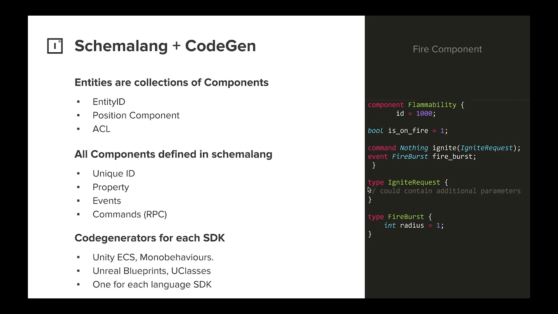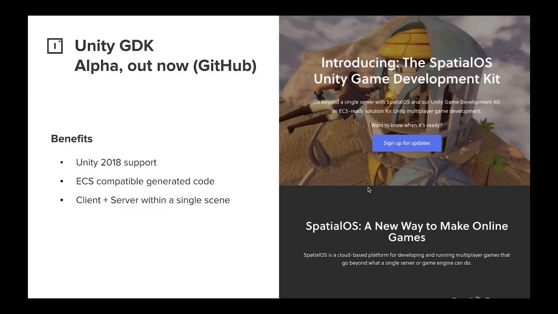So SpatialOS comes with UDP transport protocol. We also support TCP and KCP. So you don't need to write a network protocol, but what you have to do is configure your in-RAM database in schema lang. So obviously we have a Unity GDK, which is relatively new. It's still in alpha, but it's gaining traction. We've got some really cool features coming out. We already have the ability to run both a client and a server in the editor at the same time, which is becoming really useful for fast iteration. And there's a 200-player FPS starter project, which is available now.